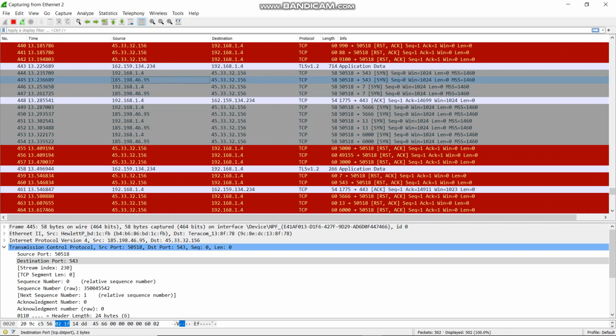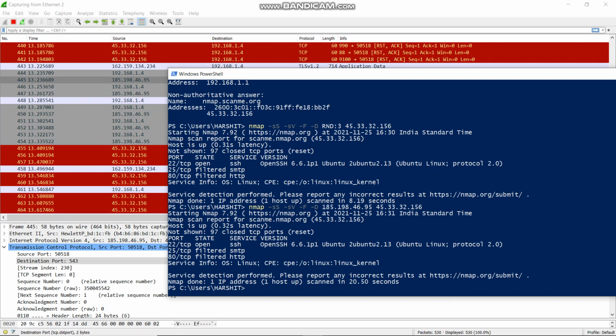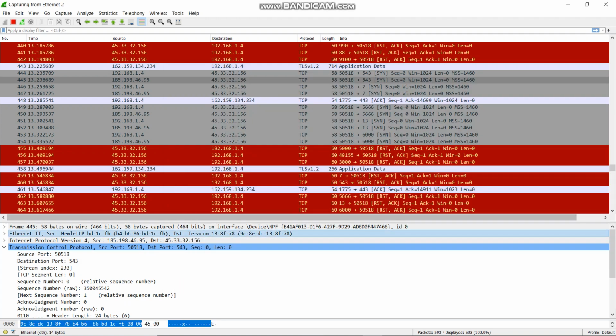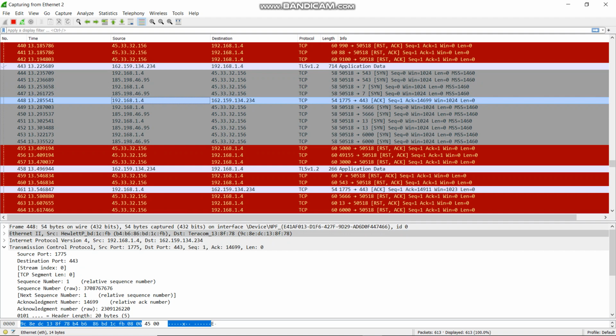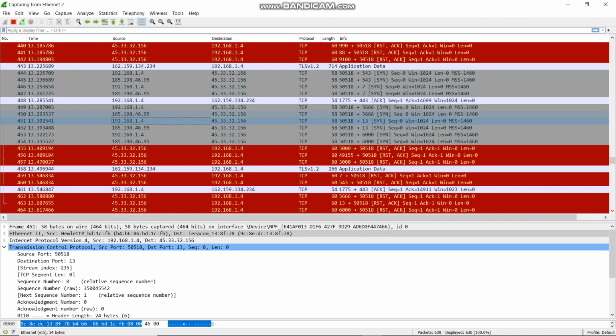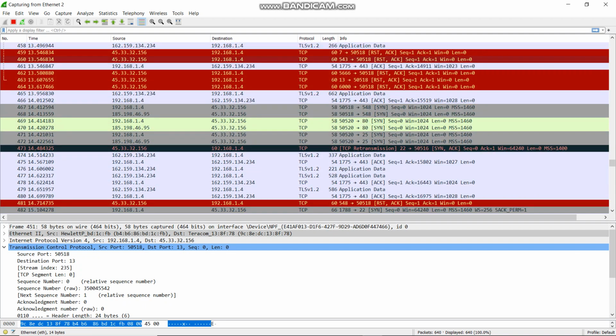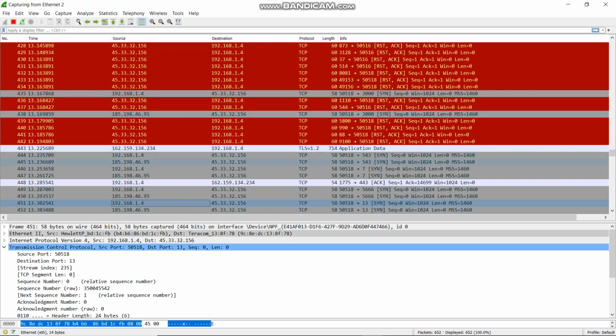Here you can see this is the random IP I used here, 185.189.1.46.9, and this is my IP. Here the random IP, here is my IP. Here the random IP, here is my IP. It shows that I'm trying to scan that web application and I'm spoofing the IP.